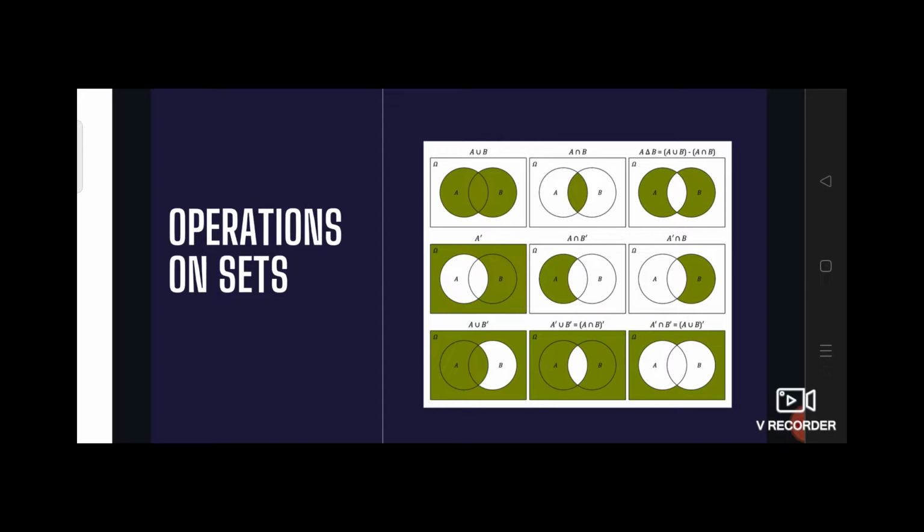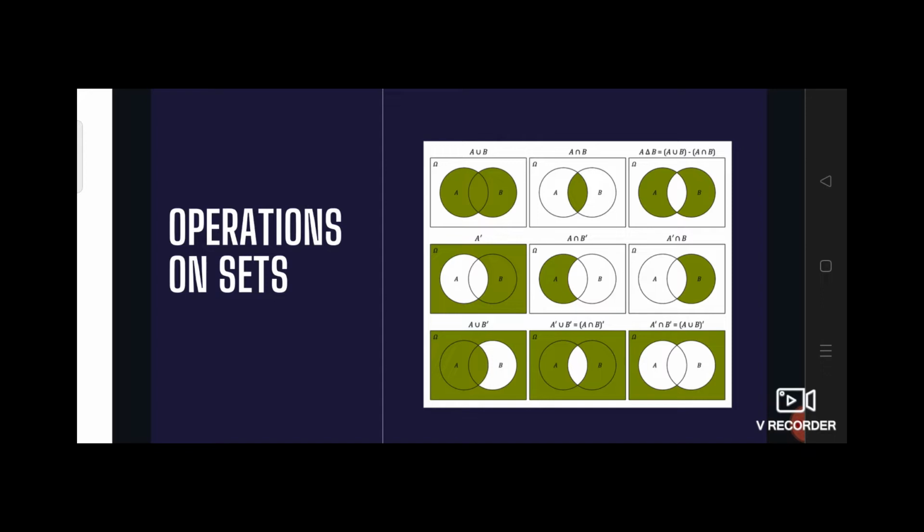First we have A union B, which includes all the elements of A and B together, the shaded region, and then A intersection B, which is the common area, and then A del B, which is the difference between the union and the intersection, which we computed. From the union, we remove the intersection, we are left with this, right? This is called symmetric difference, which is also the same as A minus B union B minus A. We know A minus B implies all the elements in A after removing the elements of B, and B minus A implies all elements in B after removing elements in A.